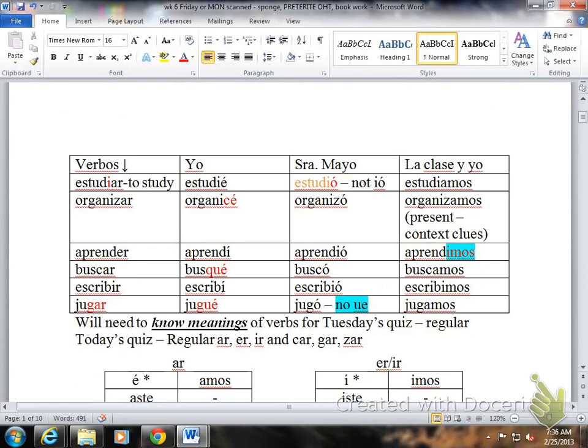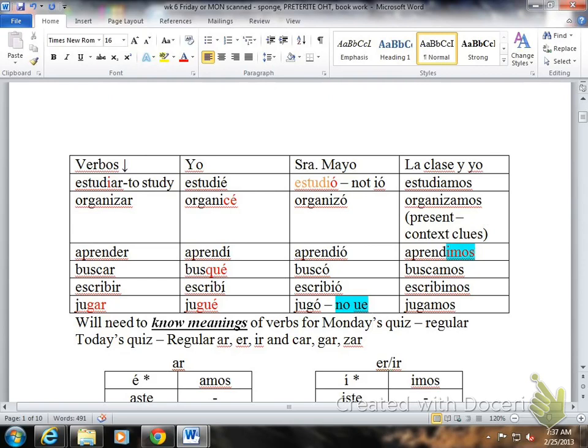Make sure all your accents are super, super clear, always on top of the letter, not kind of off to the side on either side, because it could be misconstrued as the previous letter or the next letter. So always accents with regular verbs for the yo form and the él/usted form. Remember, with your regular verbs, you're going to have